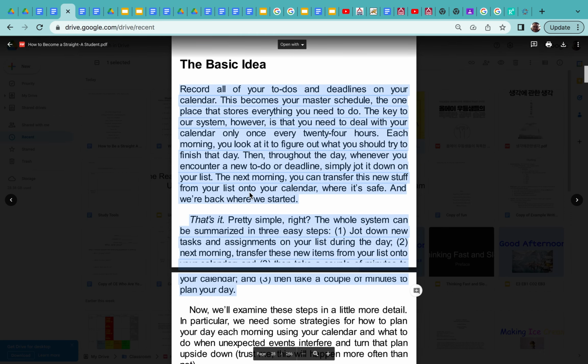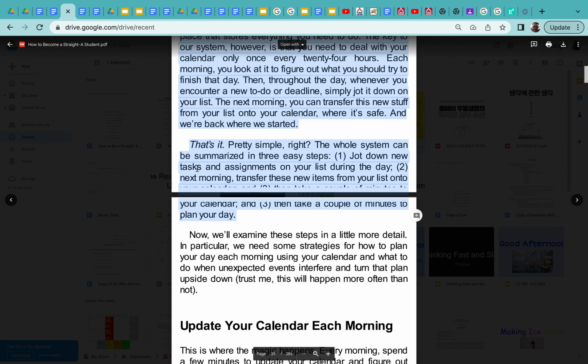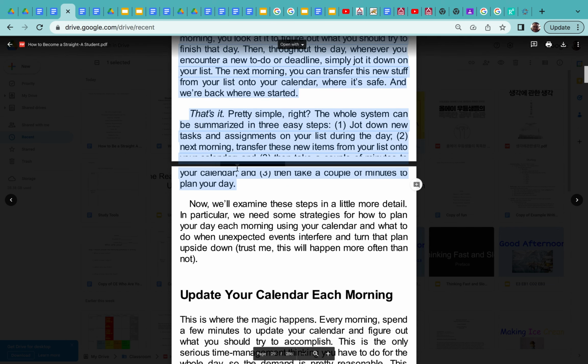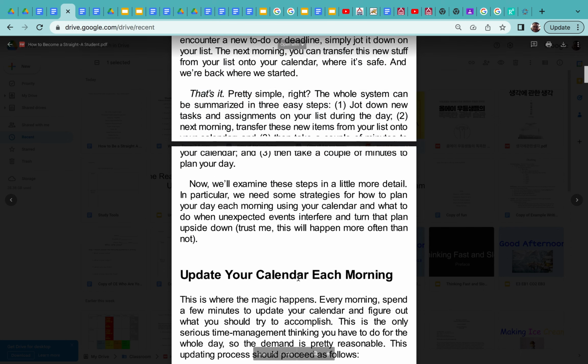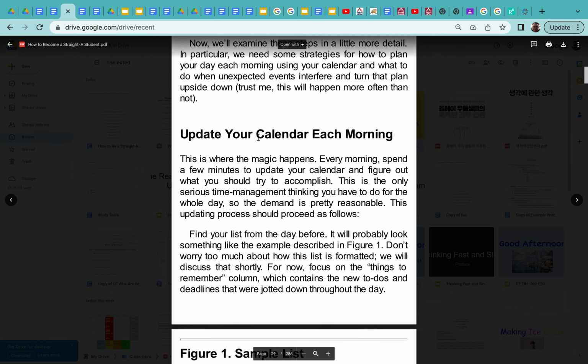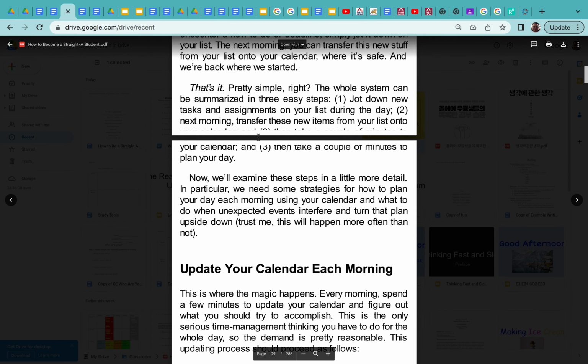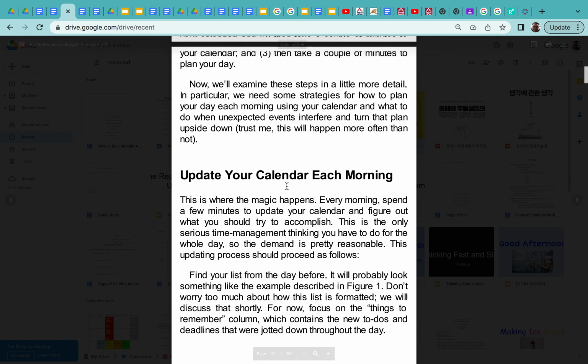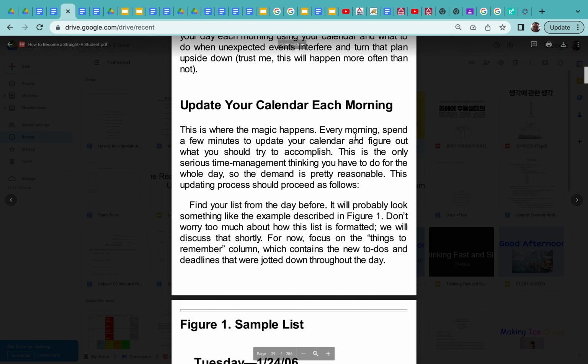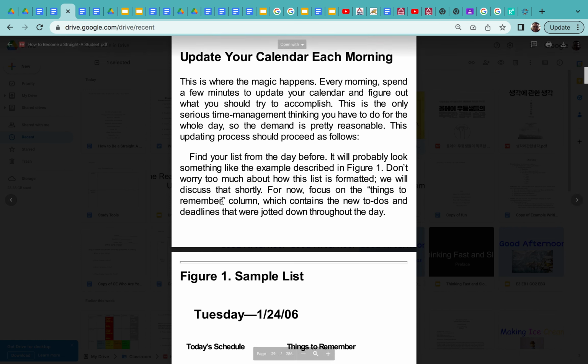Let's go back to the book. So it says, jot down new tasks and assignments on your list during the day. Next morning, transfer these new items from your list onto your calendar and then take a couple of minutes to plan your day. Update your calendar each morning. Right? This could be important.